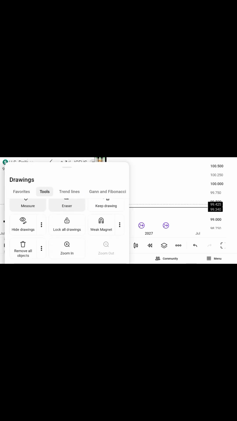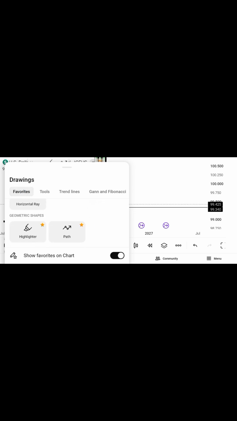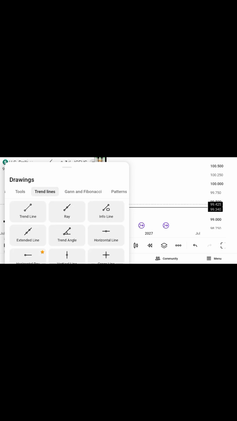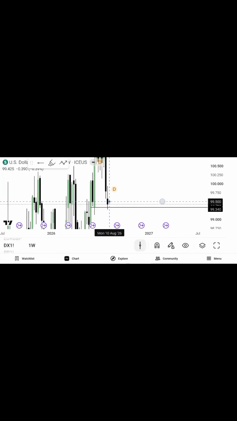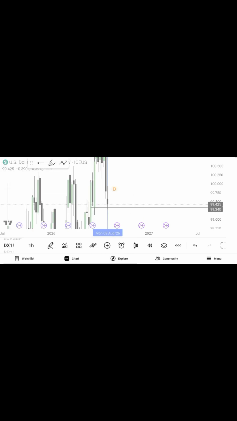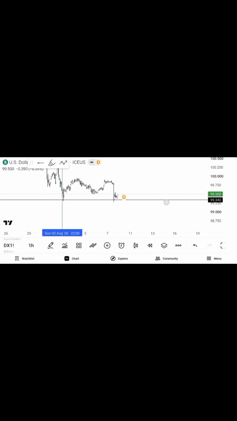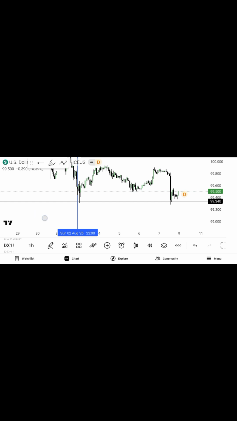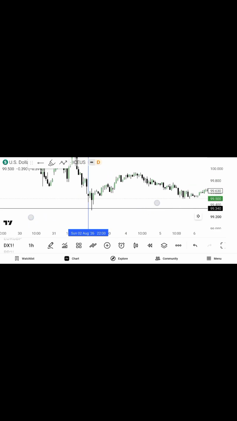Remember, the higher the time frame, the higher the probability. So I want to get the line too. All right. So on the 1 hour time frame, so within the time I told you,